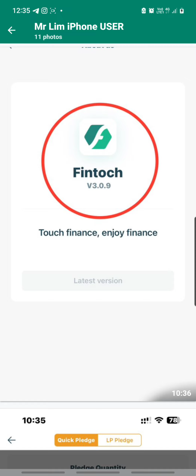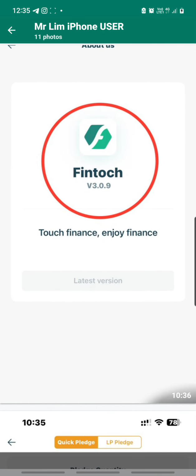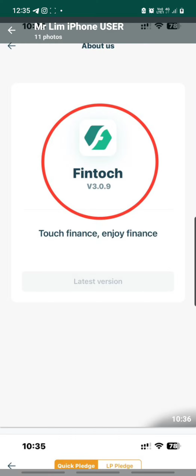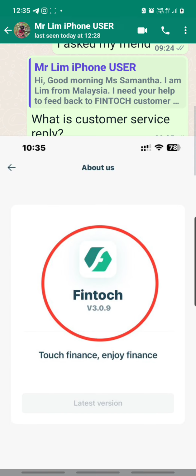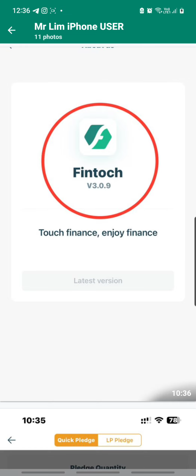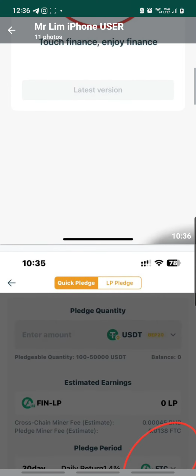Alright, so for iPhone users, as promised, thanks for staying to the end of this video, and I'm gonna walk you through, but first I want to give thanks to Mr. Lim from Malaysia, who is an iPhone user, and he's the contributor to this step-by-step guide on what to do to download 3.0.9 version, okay, for iPhone users. Yeah, so when you download, you follow the flow, right? And what will you do? You will click, and then you will get to see this. Then according to him,